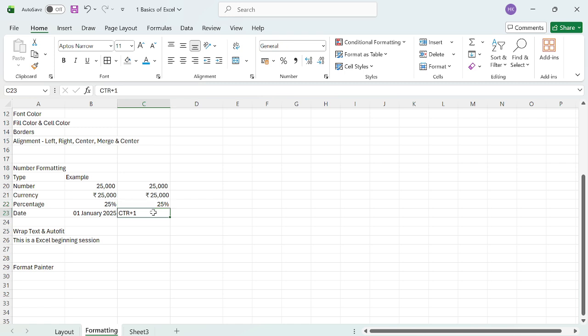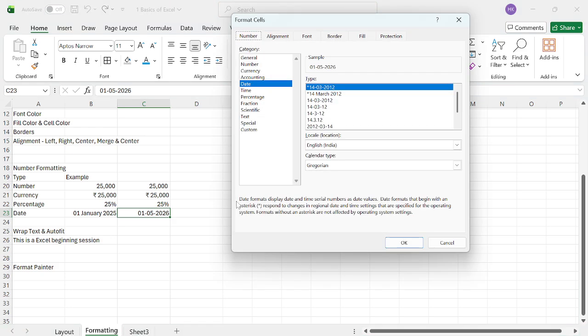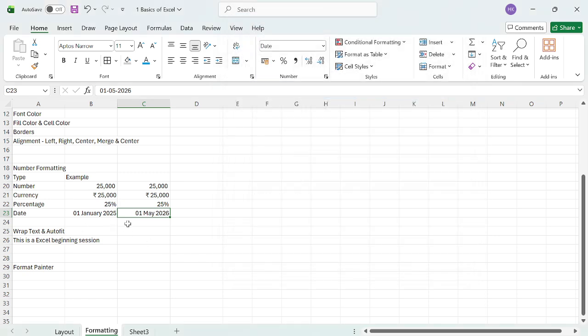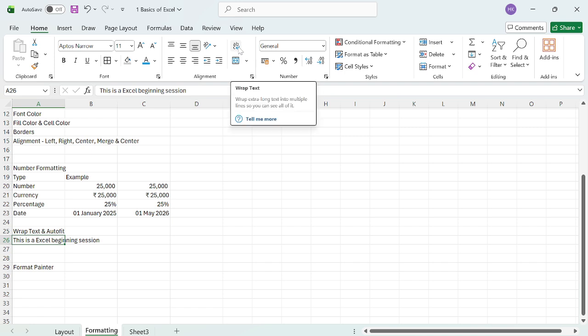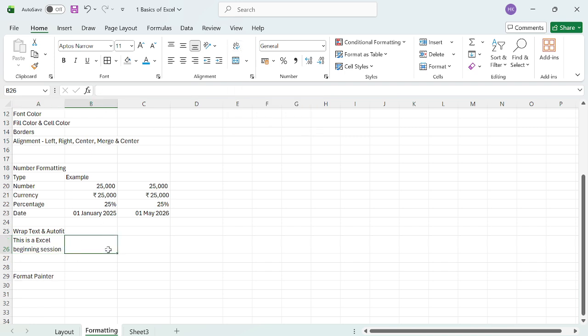And for the date, so we have a date, right, like 1st May 2026. Then click Control 1 and change the format to this. Okay, and for the wrap text and AutoFit, if we have a long text or sentence, then go to this wrap text. You will see the text has come into the one cell only. Okay,